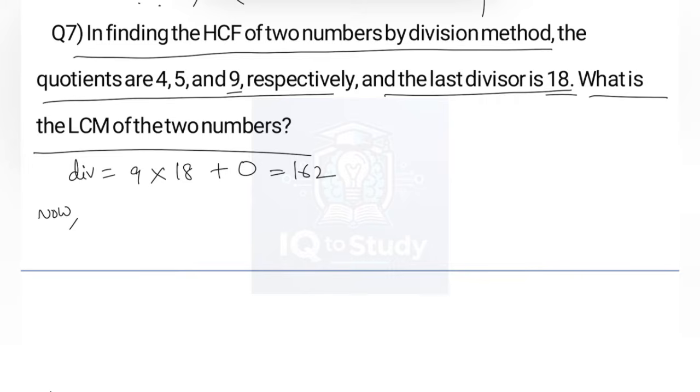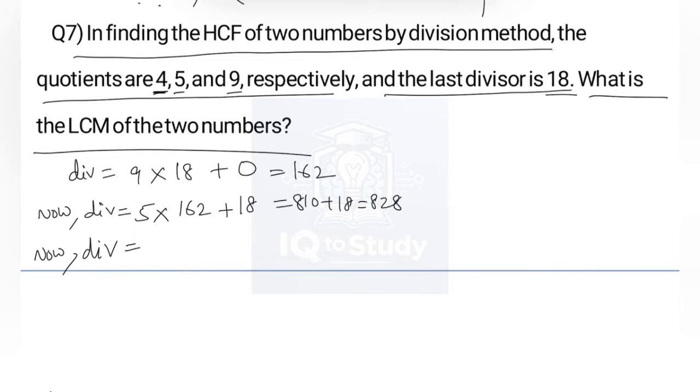Divisor becomes 162, so dividend is equal to quotient, which is 5, into 162 plus the remainder, which is 18 in this case. So the answer is 810 plus 18, which is 828. And now the quotient is 4. So dividend is equal to quotient into 828 plus 162, which is equal to 3312 plus 162, that is